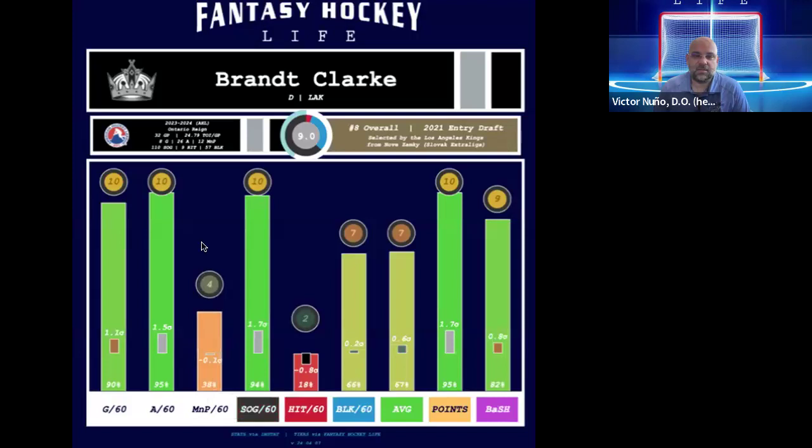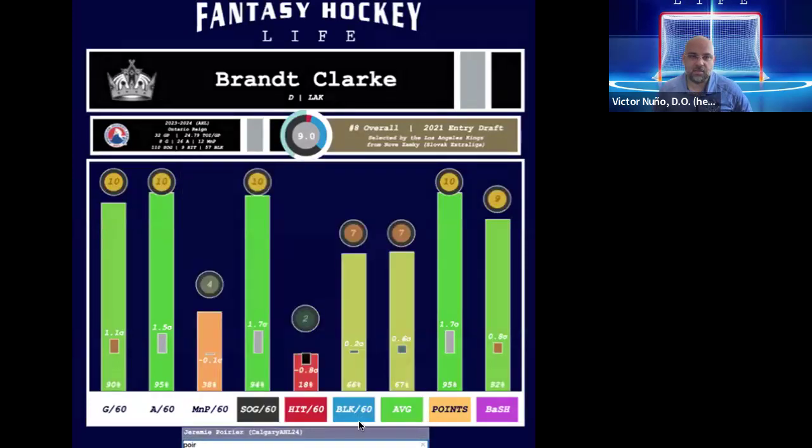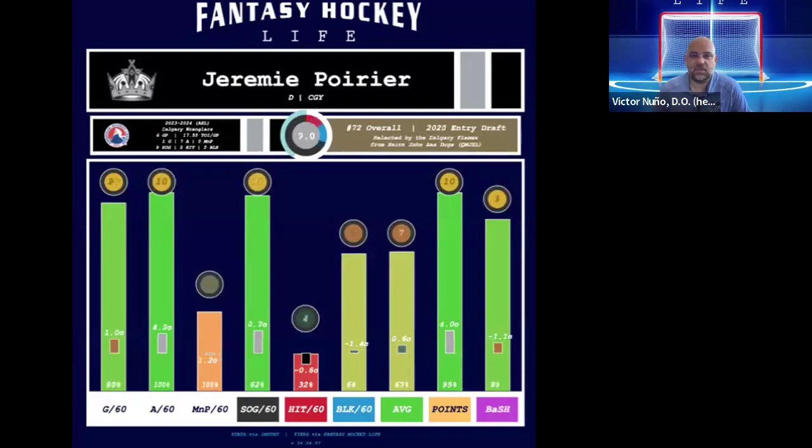The minor penalties is a little bit low because he takes a little bit more penalties. And this averages out to a 9. So that's not bad. We could also look at someone like Jeremy Poirier, who didn't play a full season, but